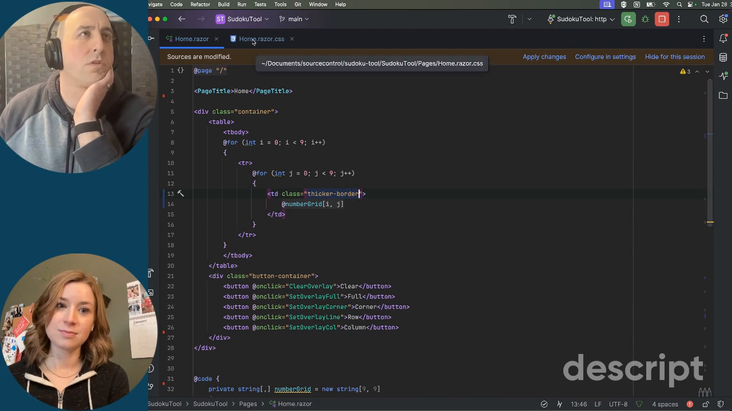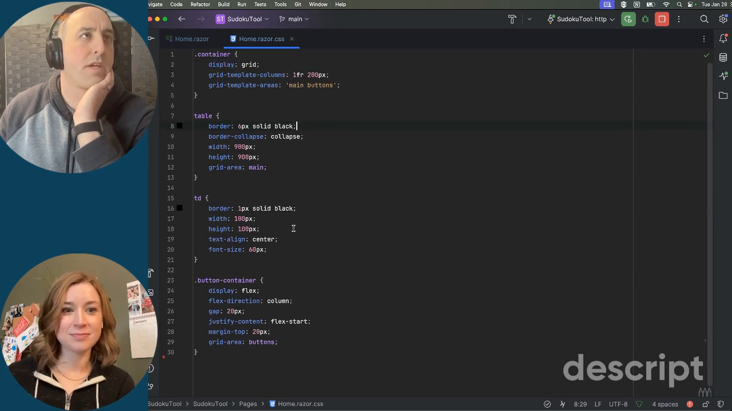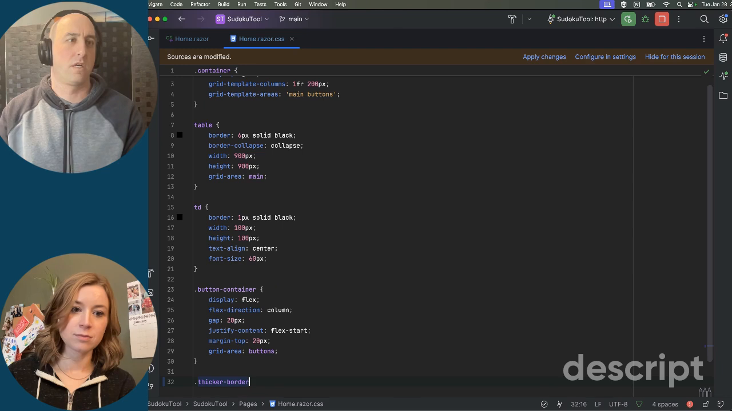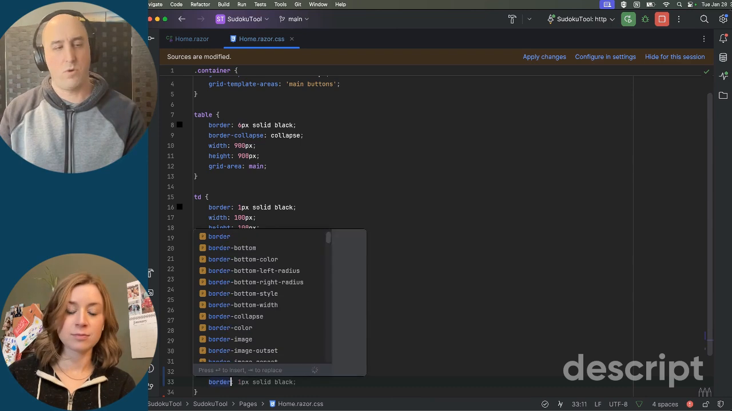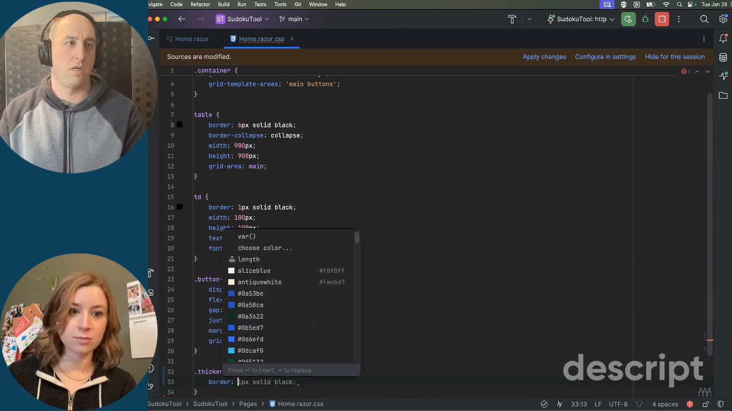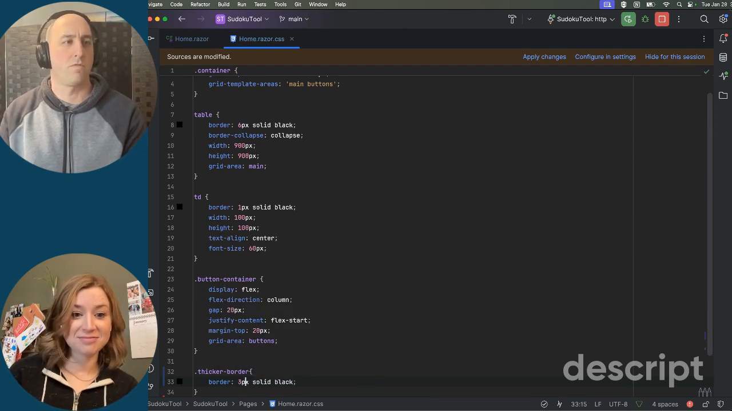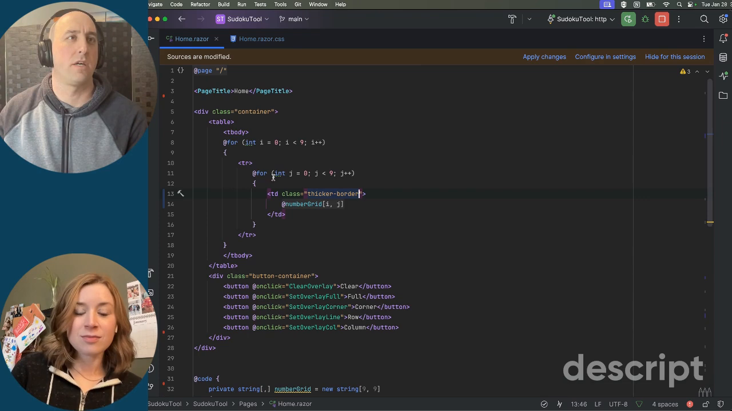And we should be able to look at our style sheet. This is currently set up for the table and the cell and the buttons. We've gone ahead and defined our sticker border class, and we want to give it a border of 3. Let's do 4 actually. And now we've started by adding that directly onto each cell,